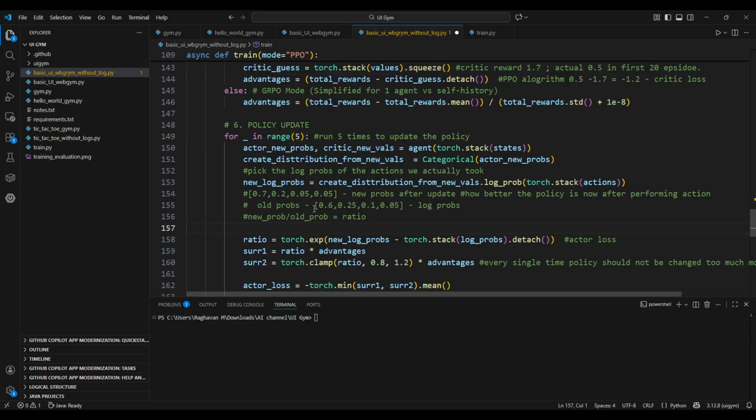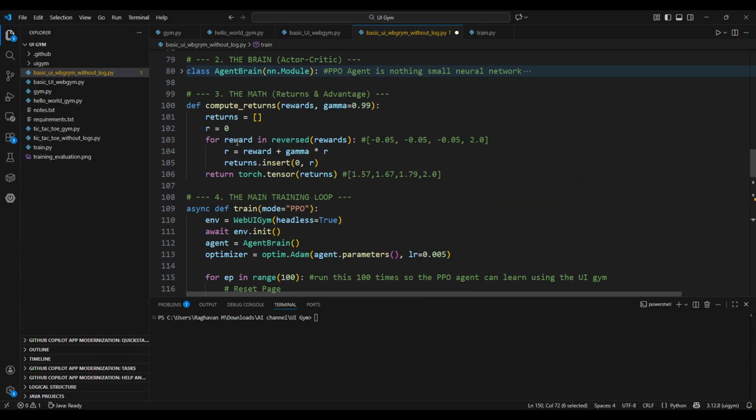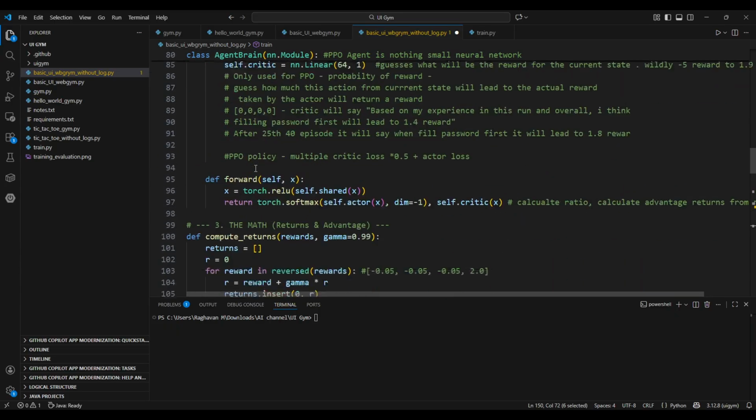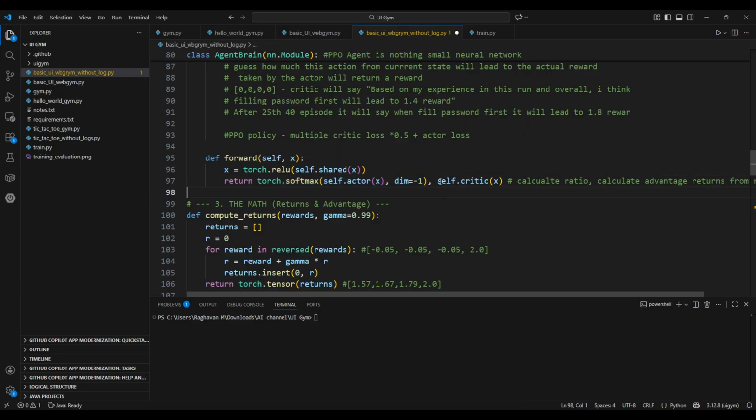So basically what we are going to do is, we will take the old probability, which will always be 0 at the starting point. Once an agent takes an action, it will pass the input state, run the whole PPO policy, and get the new probability, right? So whenever the agent takes the current state, it will return two things. According to the PPO policy, it will return one distribution, log probability, and then the critic's